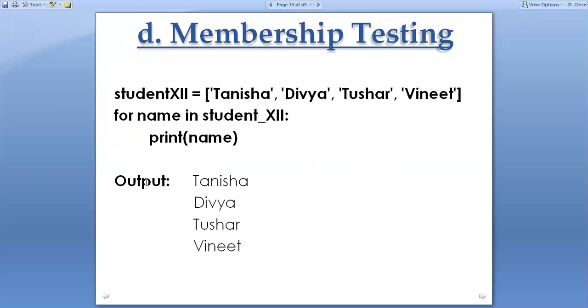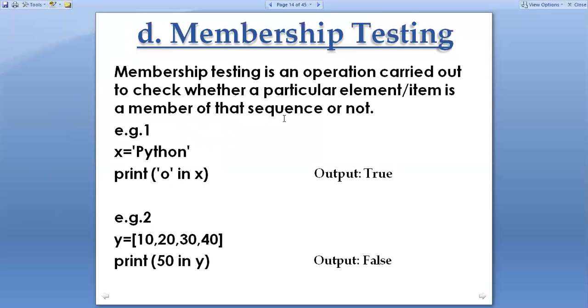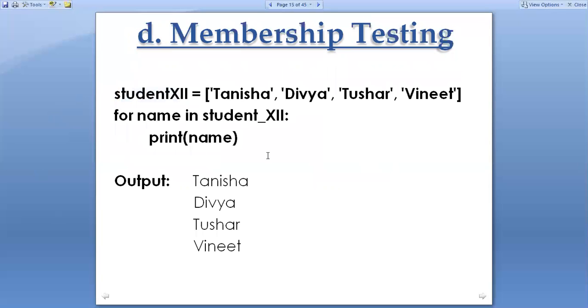Next, membership testing. So see here, student 12. This is a list name. Here Tanisha, Divya, Tushar, Vineet, these values are stored in student 12. So for name in student 12, it will check name in that list.